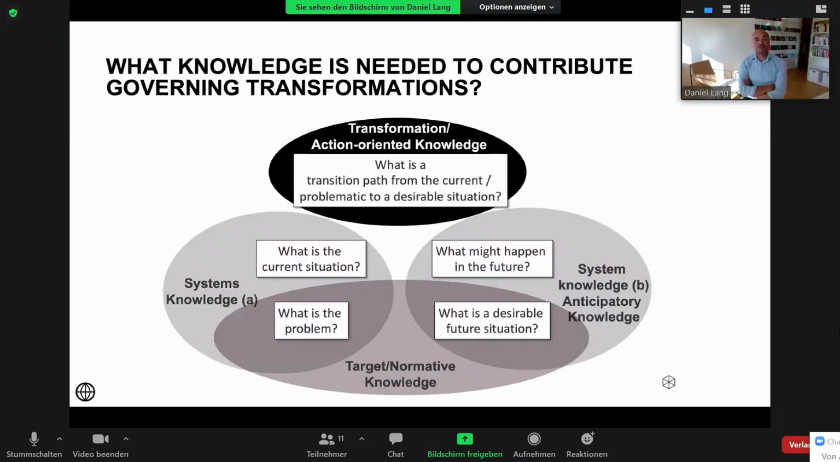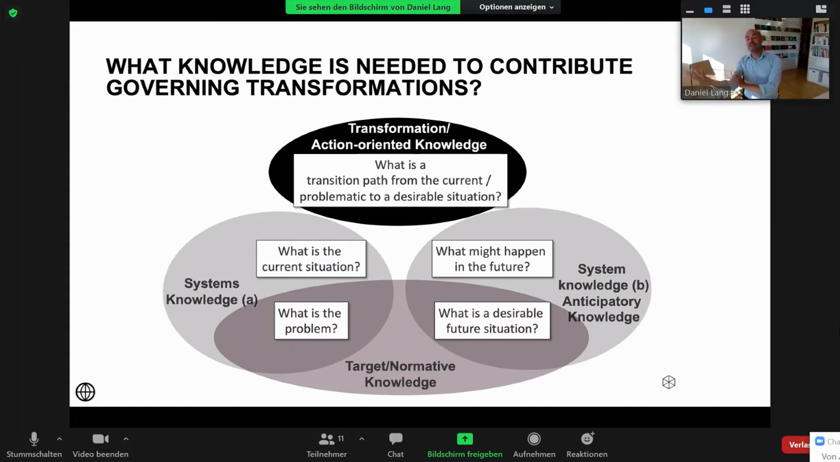And if we really want to contribute to governing these transformations, and on the other hand also prepare actors to contribute to governing these transformations from a knowledge perspective, and this is in the transdisciplinary field, these types of knowledge have been discussed for more than 20 years. Then we need, on the one hand, systems knowledge. That means a better understanding of the current situation, how certain behaviors of systems emerge, system structures and